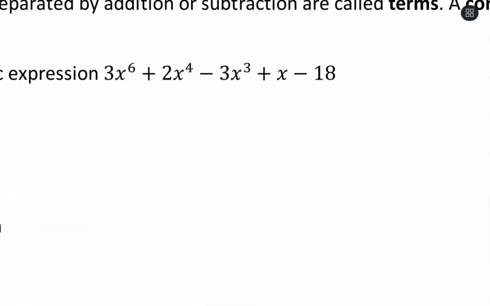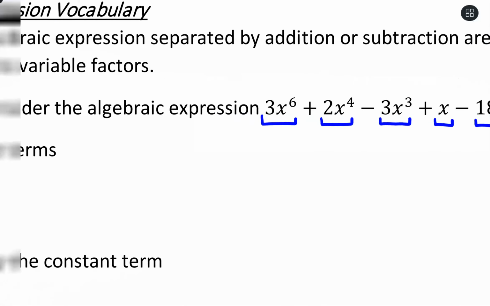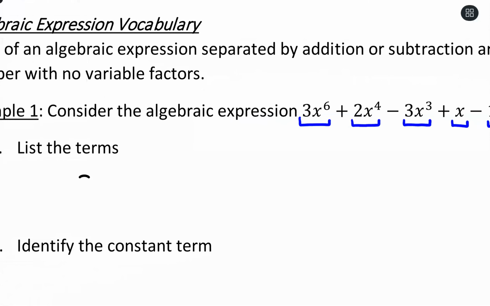So, if I have this algebraic expression here, what we could do is find the chunks between plus and minus here. So we have this 3x to the 6th power, and then plus 2x to the 4th, minus 3x cubed, plus x, minus 18. So each of those are terms. This expression here has 5 different terms, and we would have 3x to the 6th, 2x to the 4th,